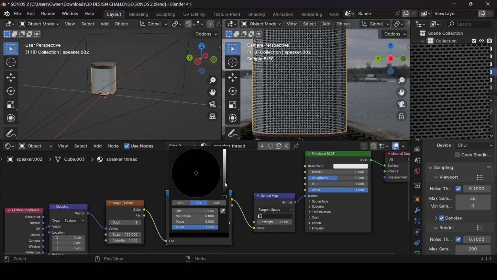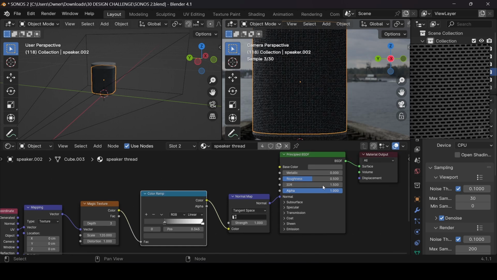And yeah, then for the color, you can see it's white. Let me see if I change it to, yeah, I think it's the color I can use instead. So I'm going to use dark gray, so to say, and then for the roughness I am just going to reduce the roughness. So you can see now that we have something that is quite similar to what we had in this image